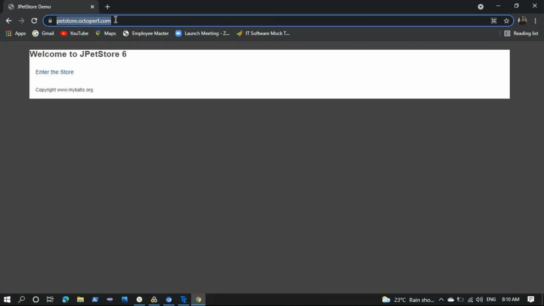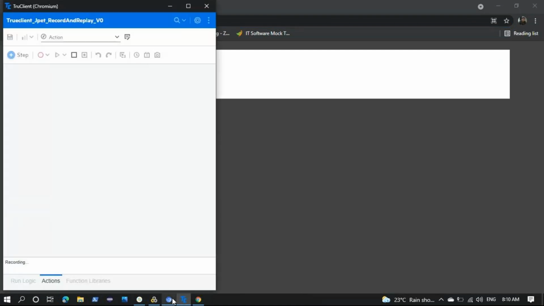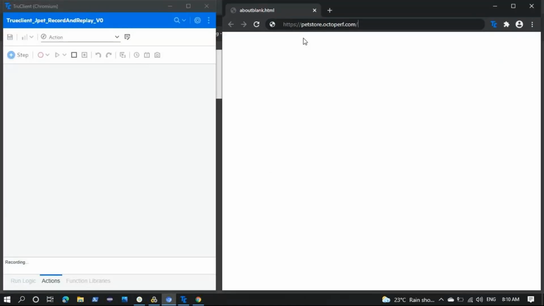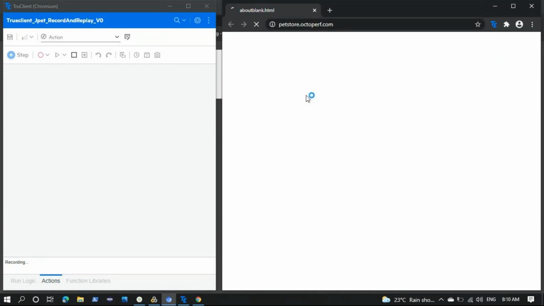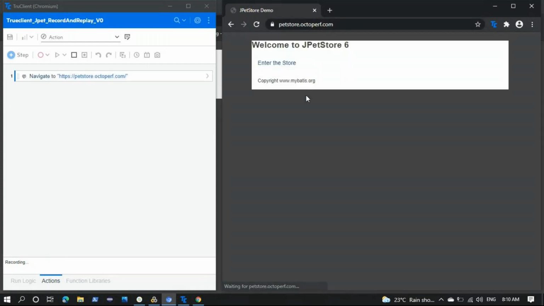Okay, simply copy this. So once we click on recording, the display will be shown as recording. Okay, so click here. Now we'll click on enter the store,